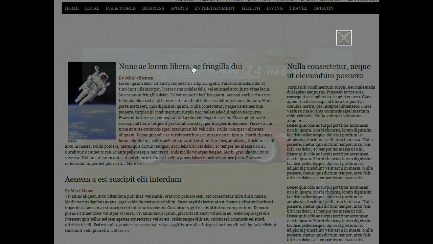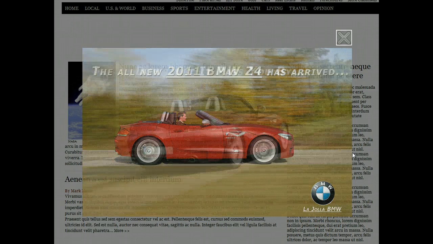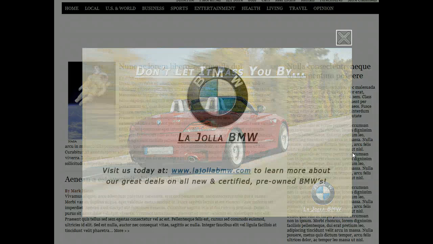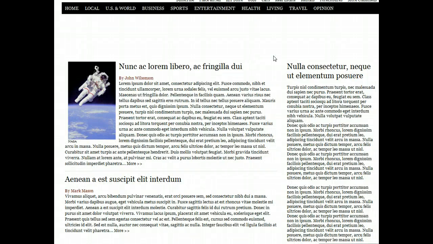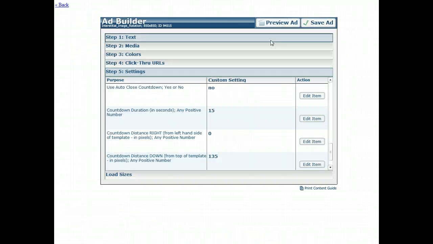So we'll do a quick preview, and you'll see the page launches, a gray out layer appears on top, and then for this particular ad, you can have it rotate through up to 5 individual images. In this example, it's going to rotate through 3 images. And if the user clicks anywhere on the ad or outside of the ad, they're going to go to this advertiser's click-through URL. And to get back to your page, they'd simply click on the X button, and that takes out the gray out overlay layer, and they're back at the page that they were trying to navigate to in the first place. So moving on to how you actually design these ads, we'll head over to the ad builder,